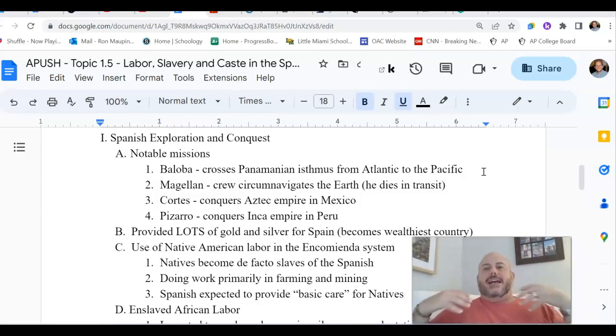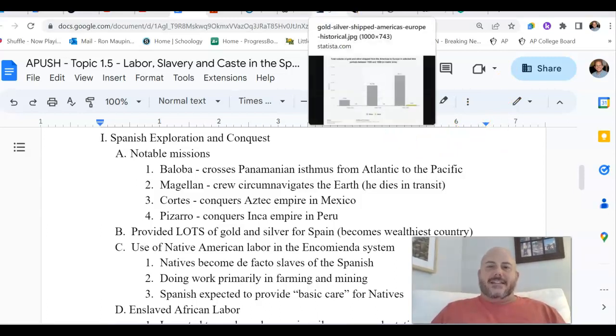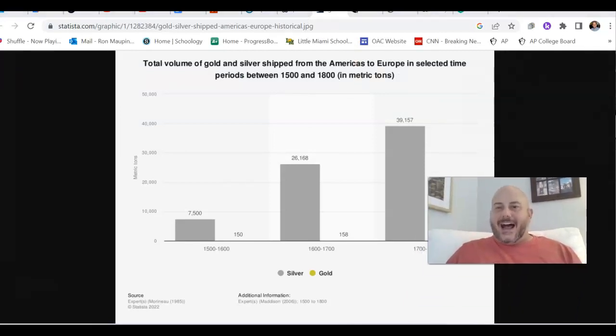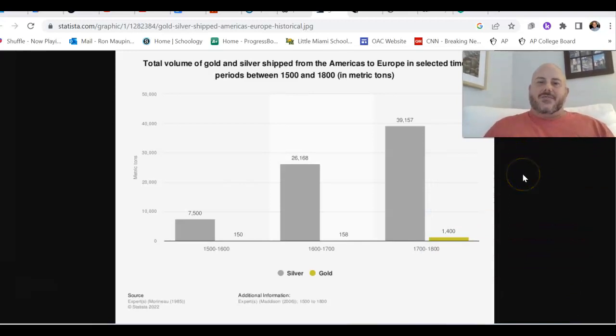Now note, as we were saying a moment ago, because of the success of the Spanish in conquering the native civilizations in the Western Hemisphere, they're going to try to exploit their new conquest, their new colonies, for every valuable resource that they can get. And the most valuable, arguably, will be the precious metals that will be found there, particularly gold and silver. And oh boy, are they going to find a lot of wealth as a result of their endeavors.